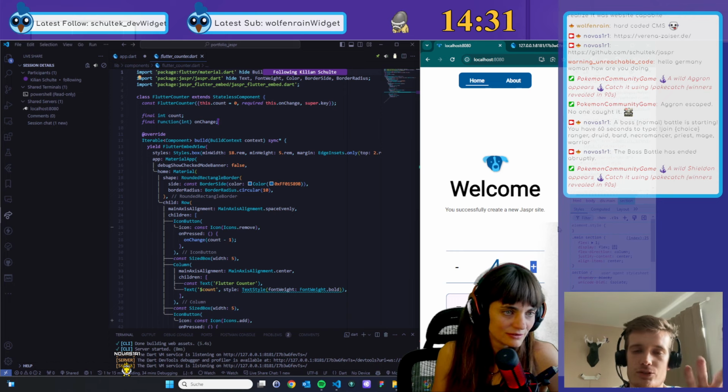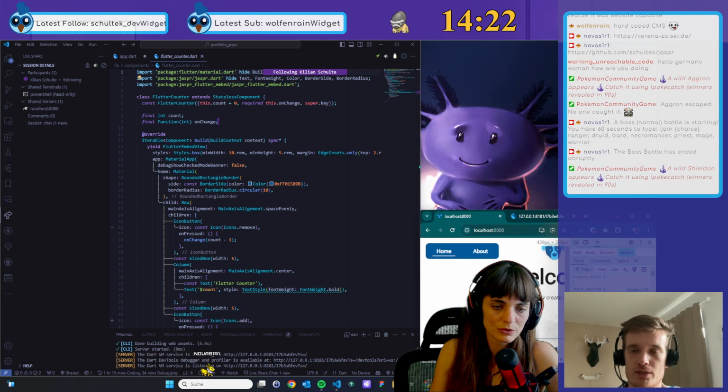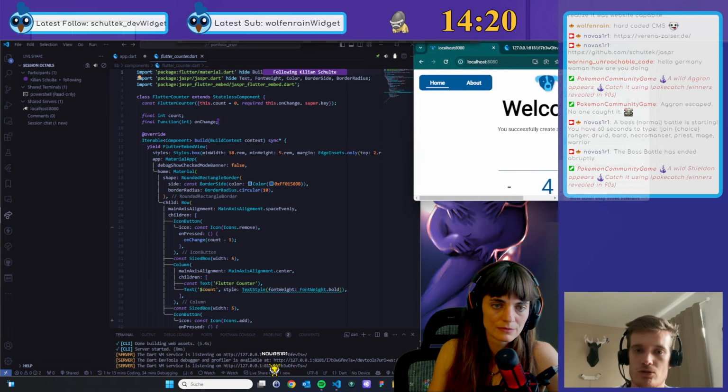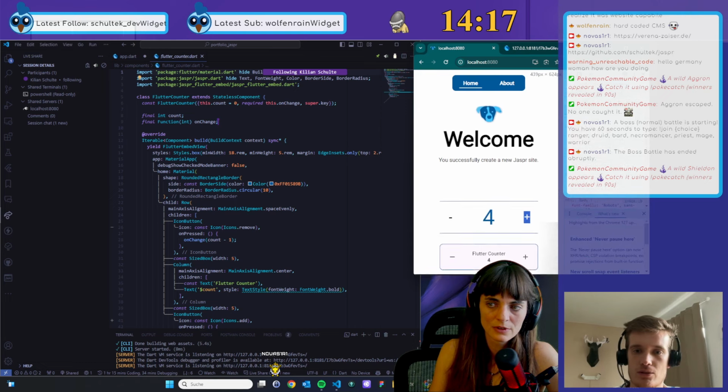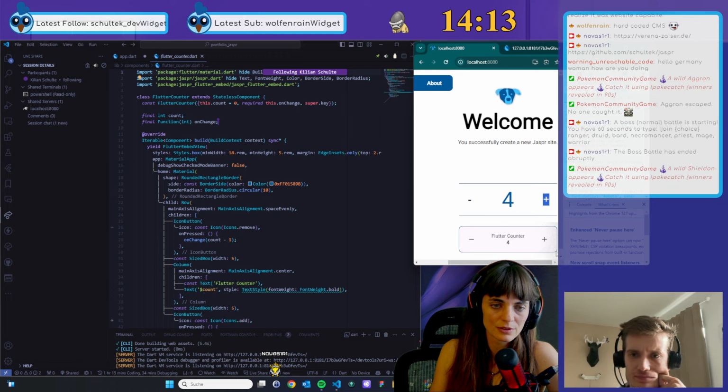widget or component. So for example, here the count and the onChange callback comes from the counter component, and this way it's synced, like both counters that we have on the site, the HTML counter and the Flutter counter, are synced automatically, and we don't need to do any JavaScript interop or something that you would have to do normally if you want to embed and then communicate with the Flutter application. So I think now we can see it. If I click this, it syncs.